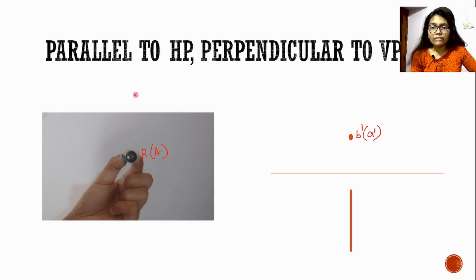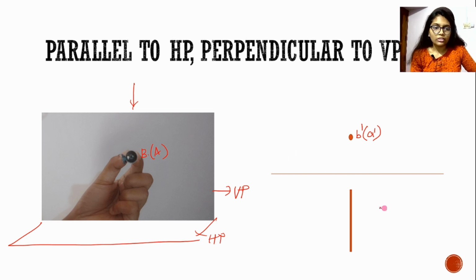And when we have a top view, we see the pen just like perpendicular to VP. This is your HP and this is your VP. So when we take a top view, we can see the pen which is kept perpendicular to VP. So that is why the line goes like this. While taking a top view, you can see that the bottom point A is closer to the white wall. So here also, when we talk about top view, your XY line becomes the VP.